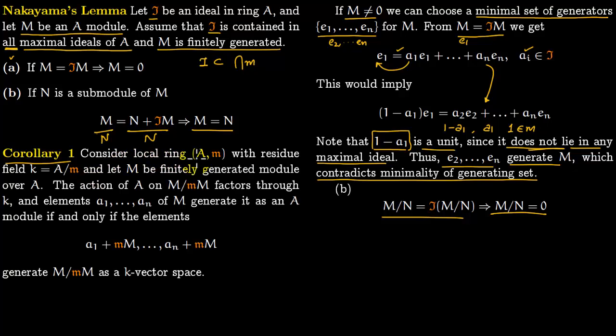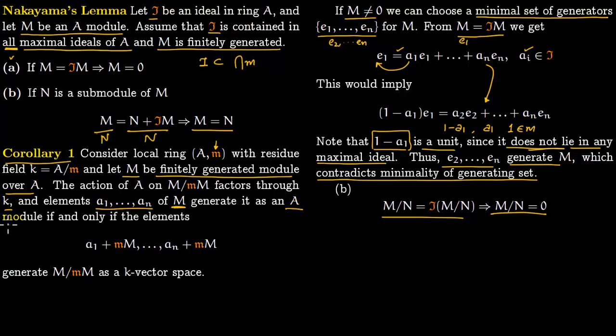Now we come to the first corollary. So consider a local ring A with maximal ideal M, and it has residue field A over M. So this is our residue field, and say M is a finitely generated module over A. Then we can say the action of A on M, when you modulo out with the maximal ideal, factors through K, and the elements, so this is more important here, elements a1 to an of M